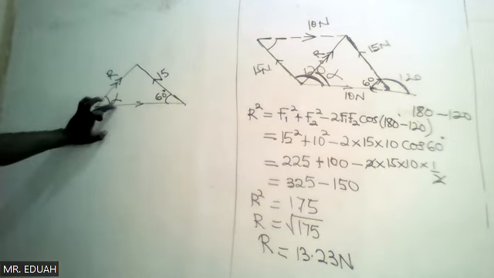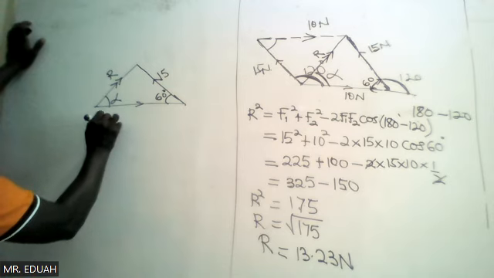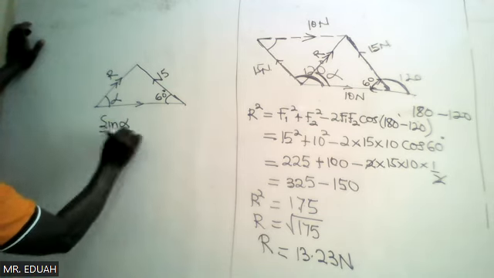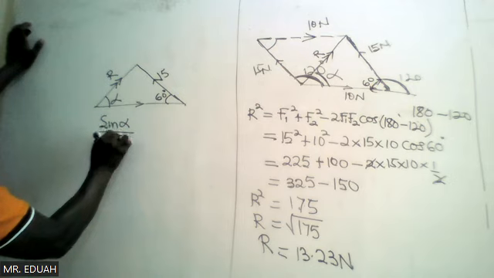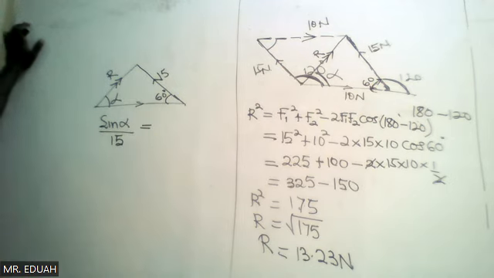So if we want this, sine of alpha over 15 is equal to